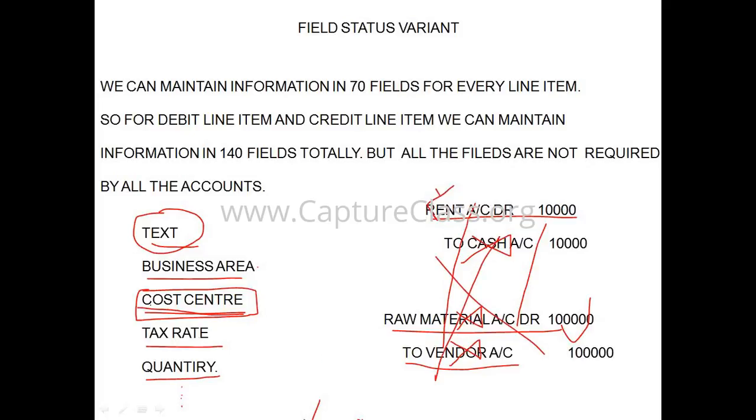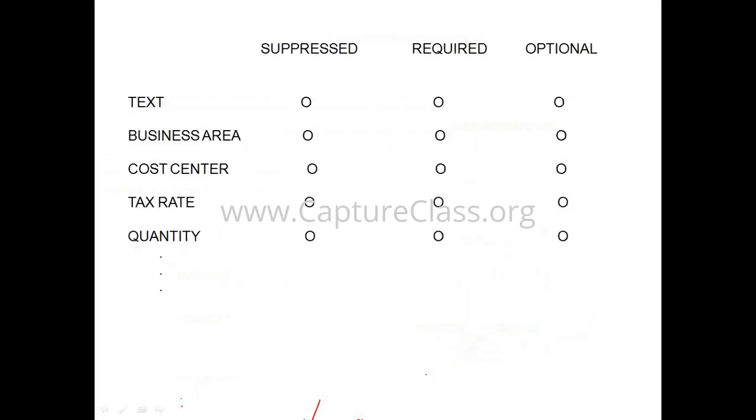Similarly, tax rate. For example, on the purchase of raw materials, there is purchase tax. So only for the raw material account you have to maintain the purchase tax rate, and for other accounts it's not at all required. Similarly, quantity information is required only for raw material but not for other accounts. So like that, all the fields are not required by all the accounts. That is why